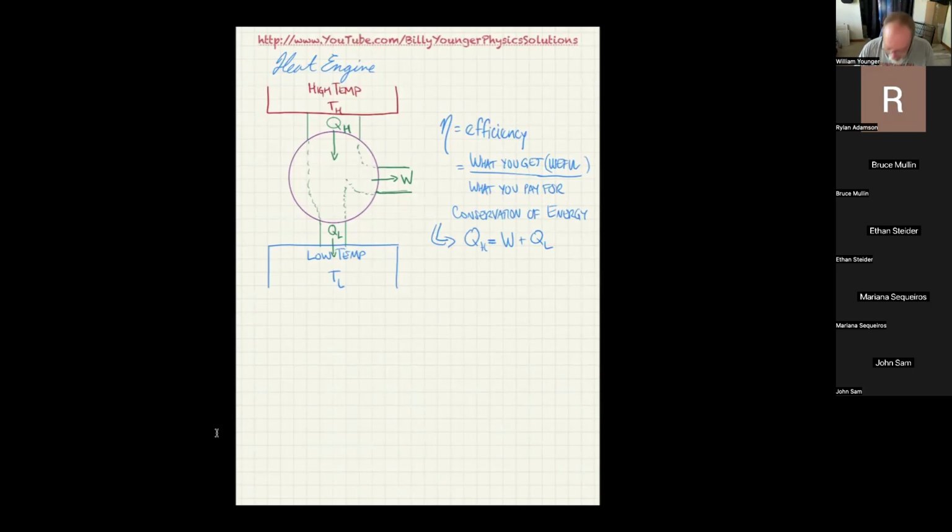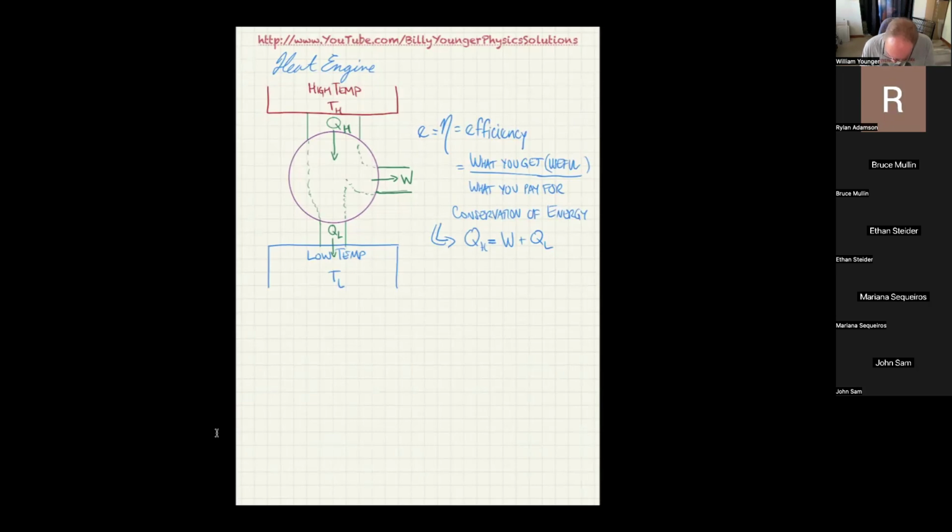I'm actually checking right now. I was using a different book, so I will say another symbol for efficiency. Sorry, I've been using a book where the eta that I just drew there, that N looking thing, was the efficiency, but I misremembered. Your book is actually using E for it. So the E or the eta could be the efficiency.